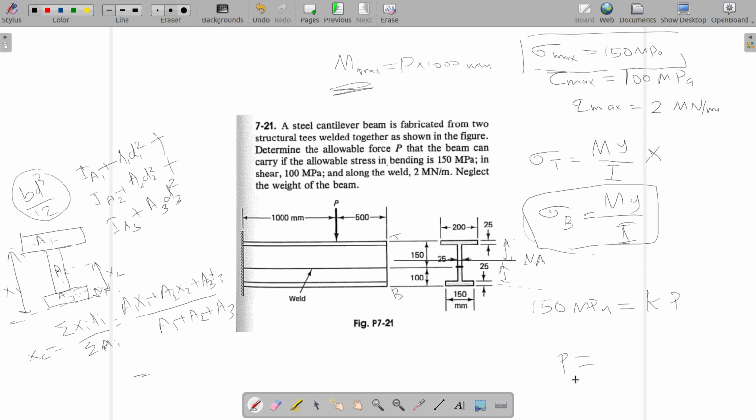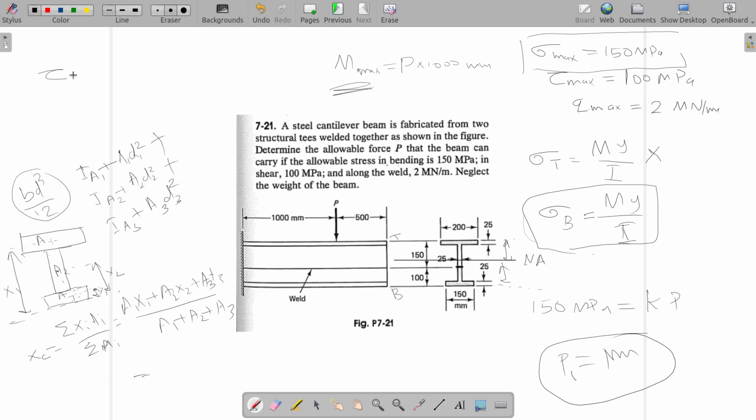So we will call this P1. Okay, you have a value of P1 here, and then using the idea that maximum shear stress allowed is 100 MPa, if maximum shear stress allowed is 100 MPa,